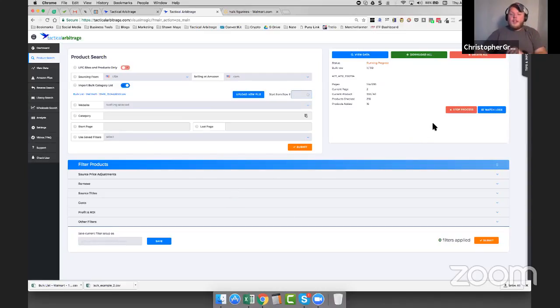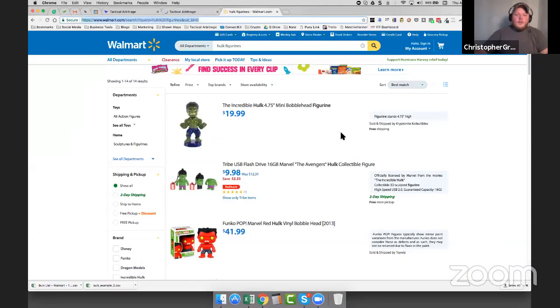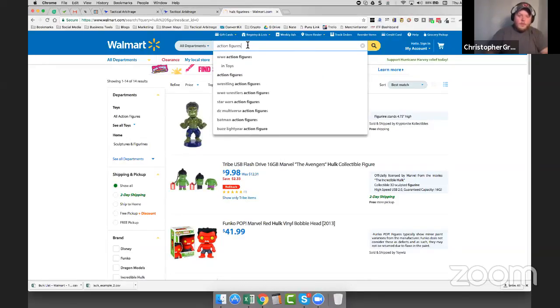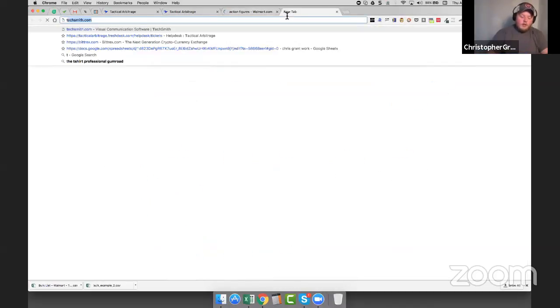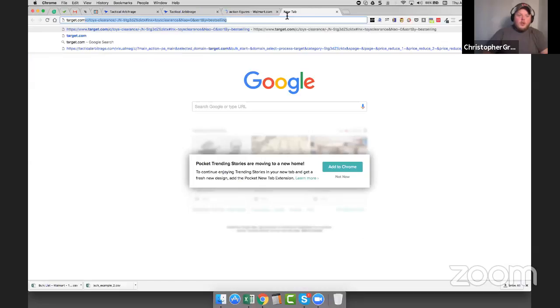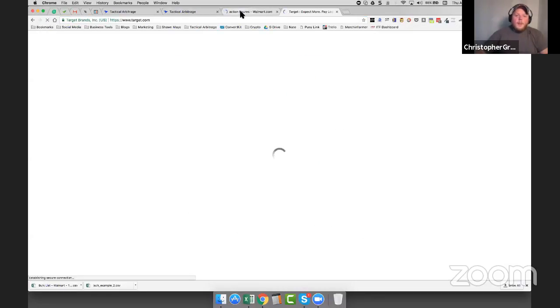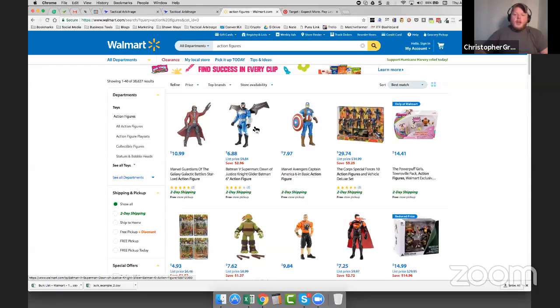Okay, I'm going to stop this, and we're going to build a multi-domain bulk list very quickly. We will start a scan with it, and then we'll look at some view data so you can see what the view data page looks like, and then we'll make sure we get all the questions answered and maybe get out of here by 10 o'clock. Let's do action figures. We'll do Walmart and Target because they're nice and easy and they show you two different ways. I'll show you a UPC and then we'll also show a